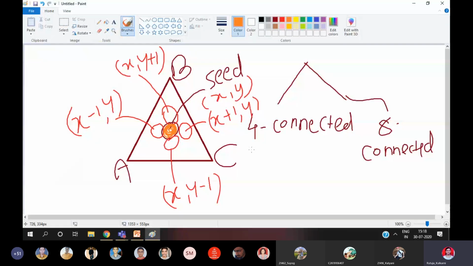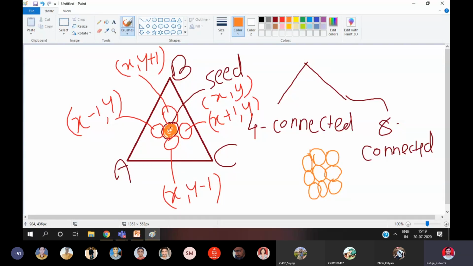Now, what is the case of eight connected over here? Let's understand. I will draw a pixel here because there is no space inside the triangle. In the case of eight connected, we are going to draw the four pixels, and four more are there, but these are at the diagonal positions.